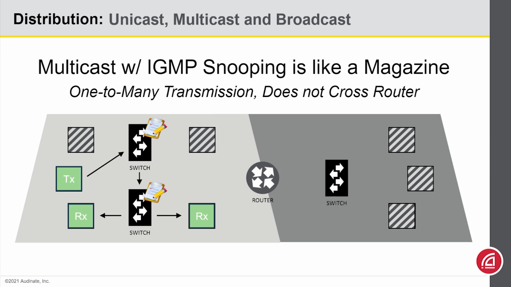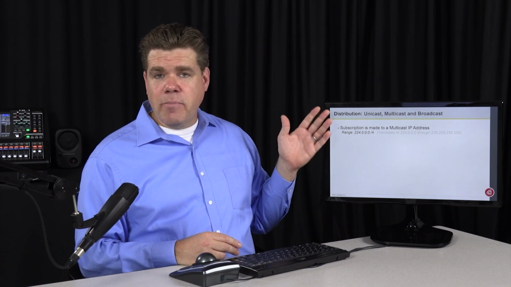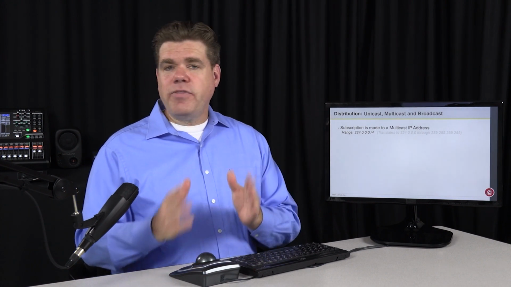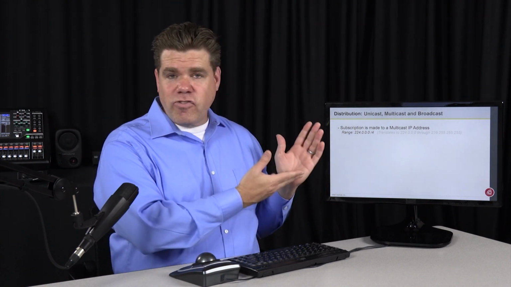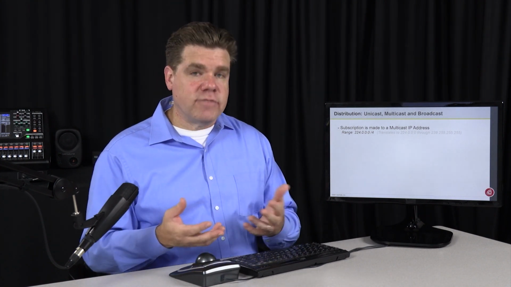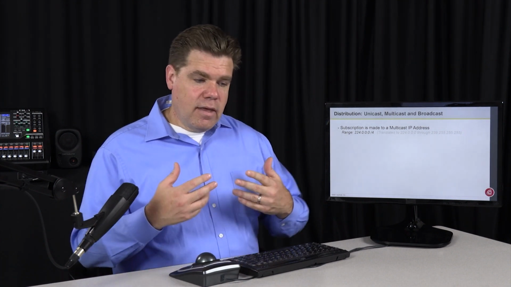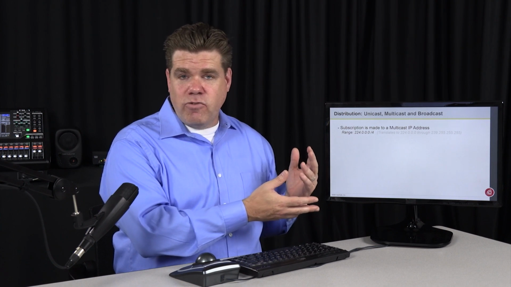So, with multicast, the transmitter only had to send this data once, and the only devices that received it are the ones that wanted it. Now, it's worth knowing that the multicast stream IDs look like IP addresses. It doesn't mean that your device suddenly changed to a new IP range. These are just numbers that you would tune into just like you would tune into a radio station or a television station. And it's also worth noting that Dante does not require you to manage the IP addresses.